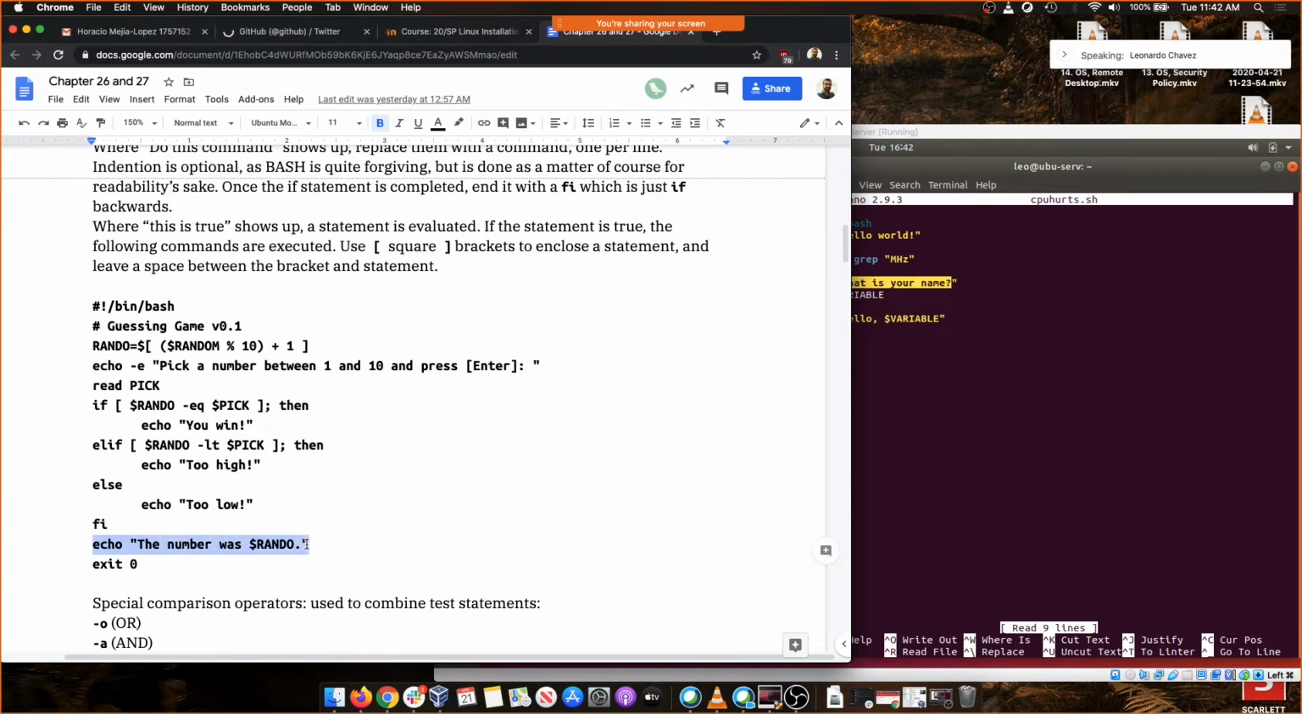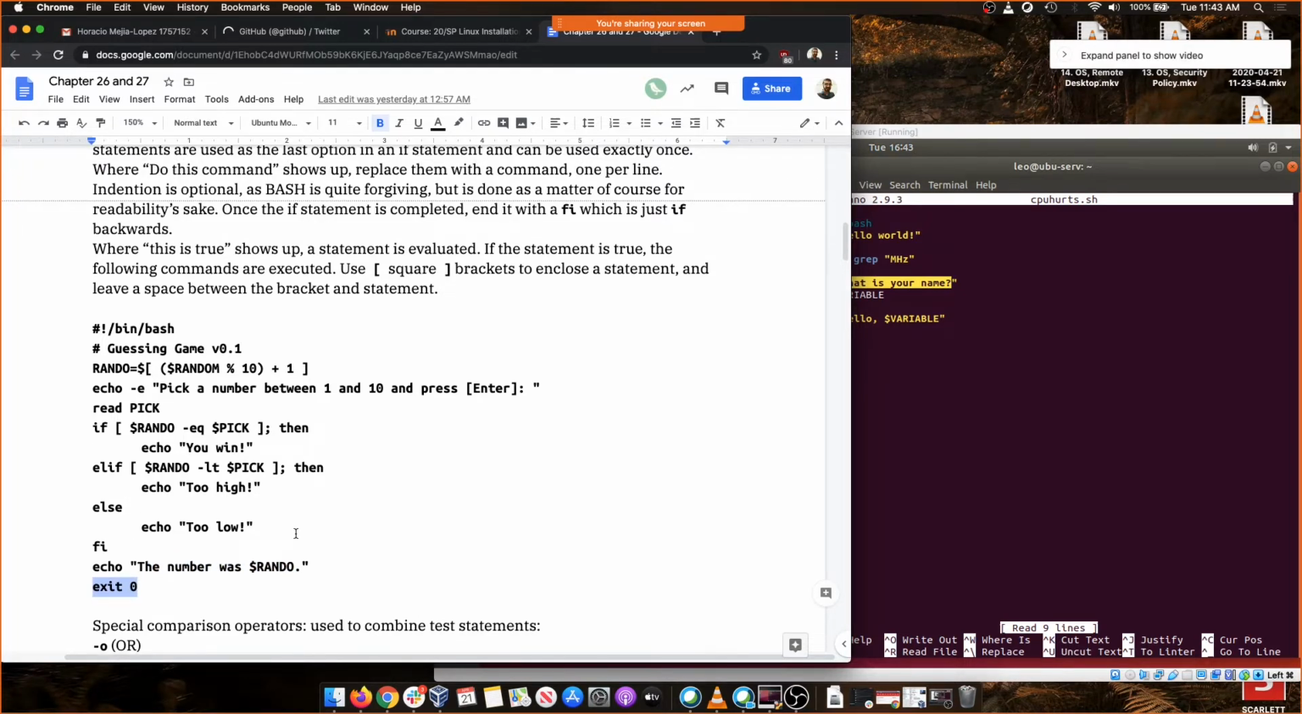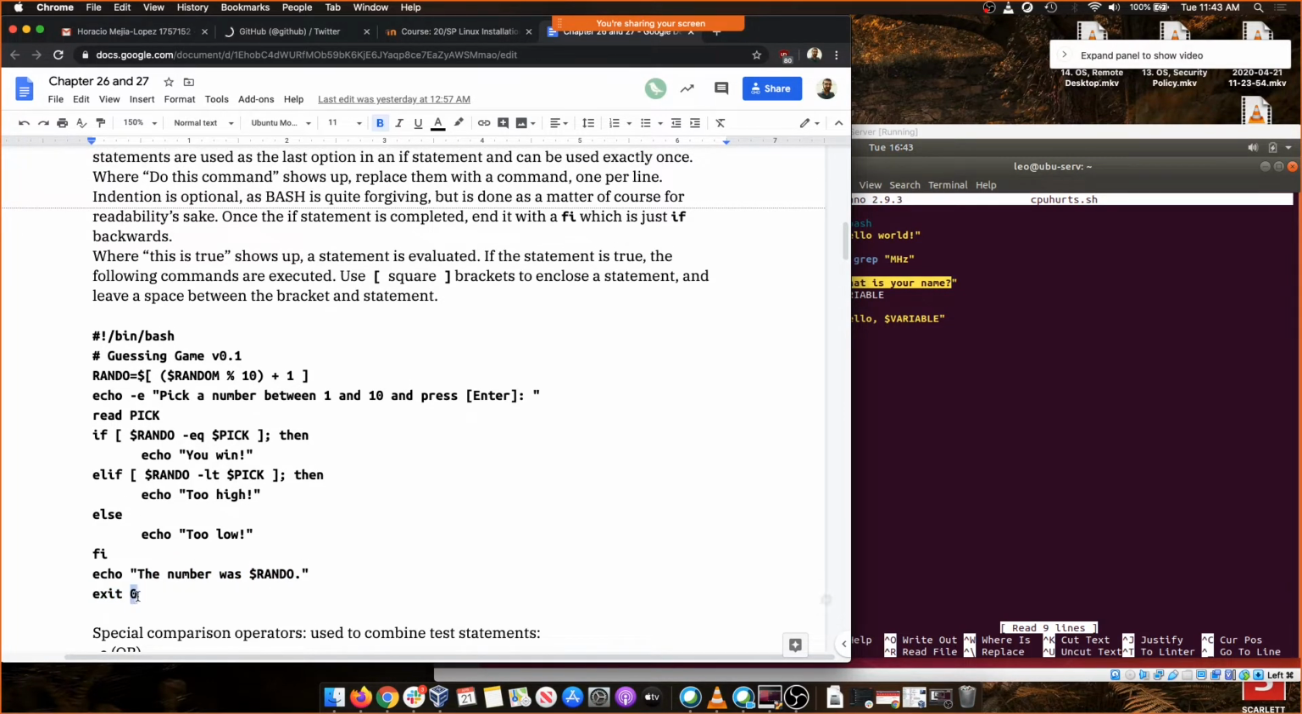And then whatever the number is, we print it out. And then you want to exit 0. The idea with that is that you're telling the command to stop once it gets to that point and give a result of 0. And if you remember your standard output, standard input, and standard error,